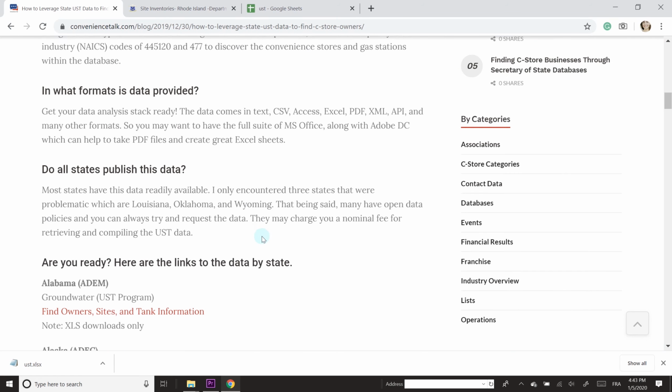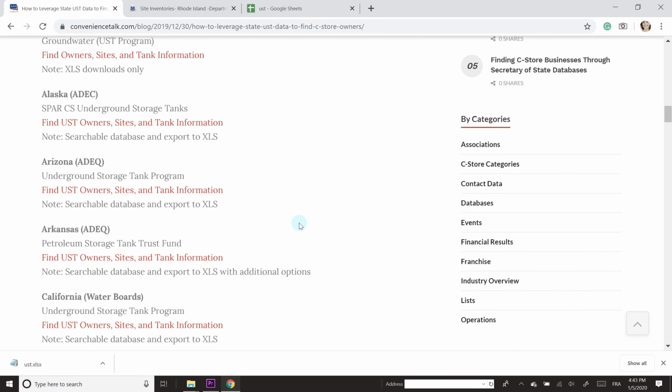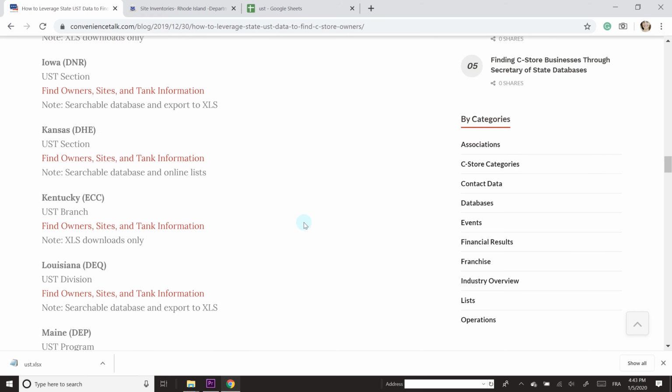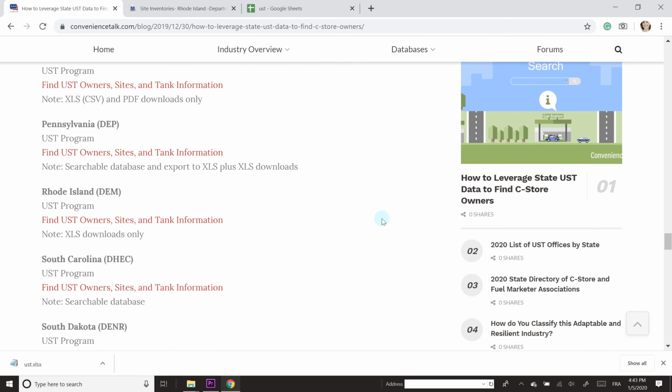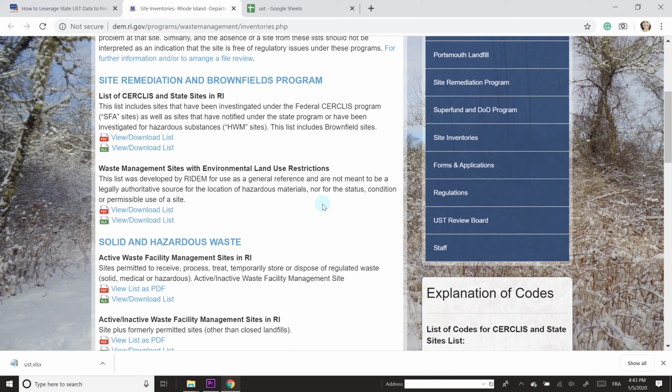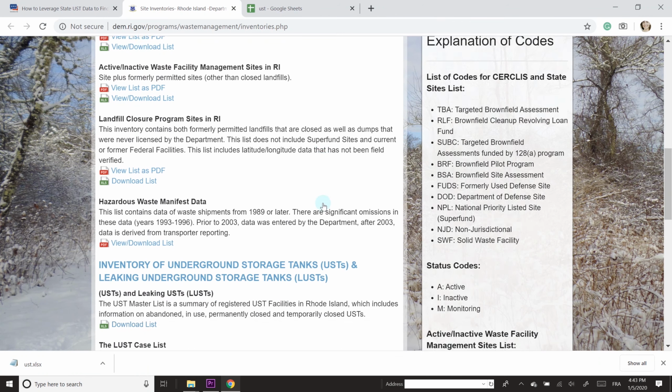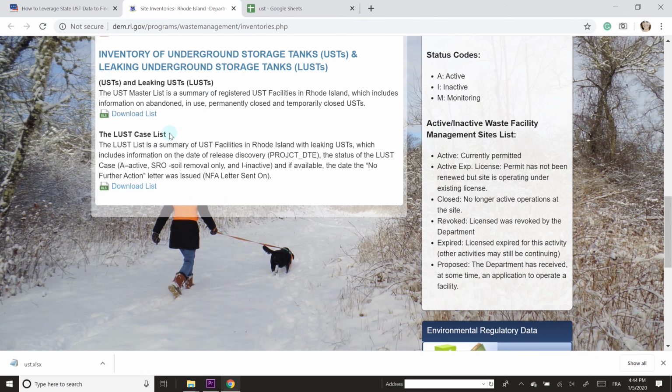Use this as a starting point. It is a blog post that includes links to all the UST databases. And if I go down to Rhode Island and click on this link, it'll take me to this site. And if you scroll down the page here to the inventory and download this list,